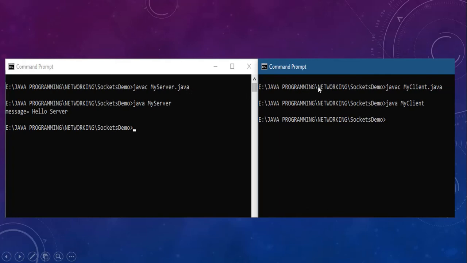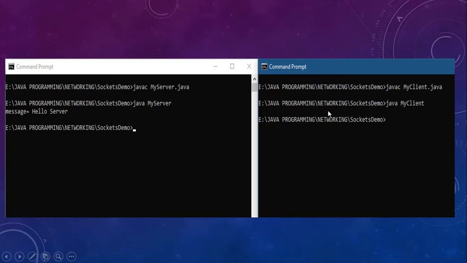Then I came to the second prompt, and using javac I compiled my client.java. Compiled both. Then you run the server first. How to execute the file? You say java myserver. You execute this first. After executing this, it will not show the message yet. It will wait. Then once you execute java myclient, you will immediately see this message being printed here.